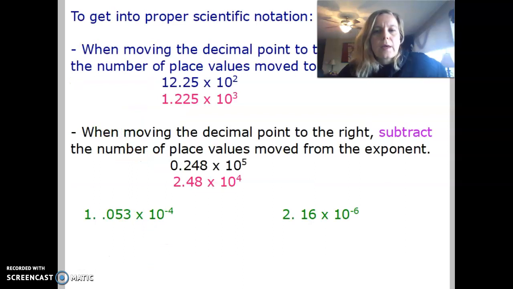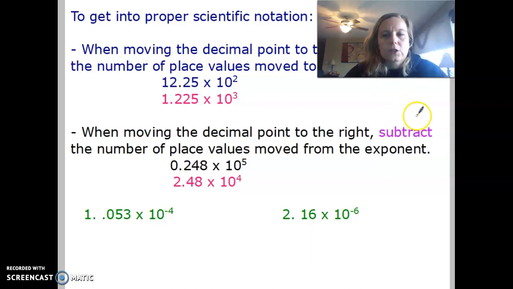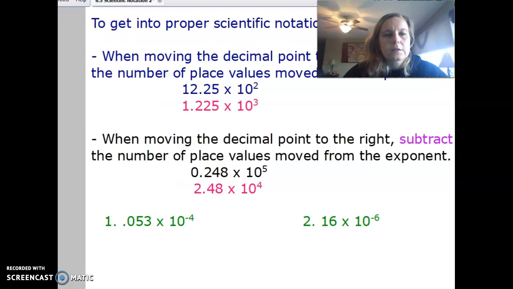Now we have to remember, sometimes people do not put numbers in proper scientific notation. So we need to make sure it's always in proper scientific notation. We know for it to be in proper scientific notation, we can only have one number in front of the decimal point, and it has to be a non-zero. So if we look to get it in proper scientific notation,